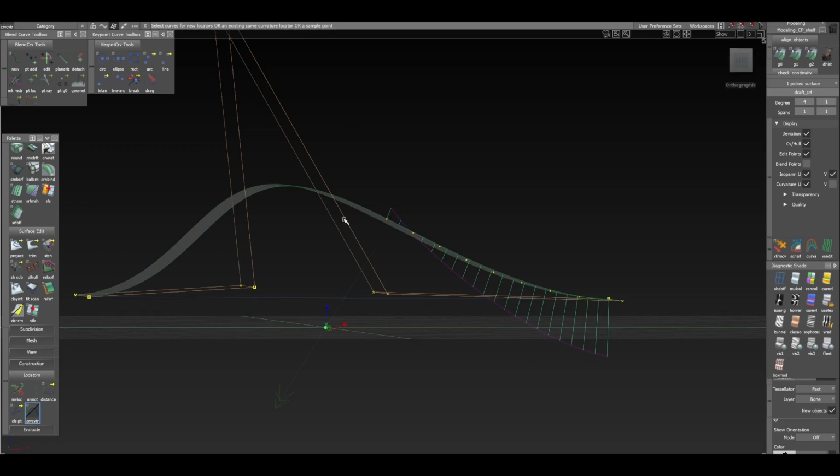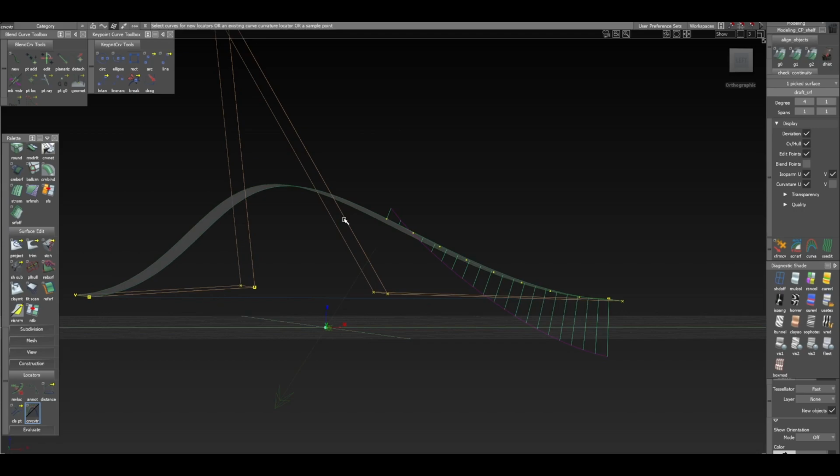So we don't really need it. It's not necessary when you're a beginner to know why it's important. Just know that that feature is there so we can really evaluate how our curves and our surfaces are behaving. Okay. So if we have locators popped up, if we have information about our work, numbers